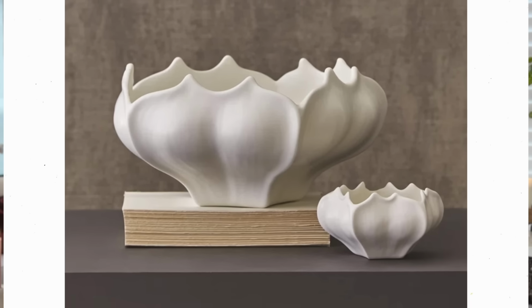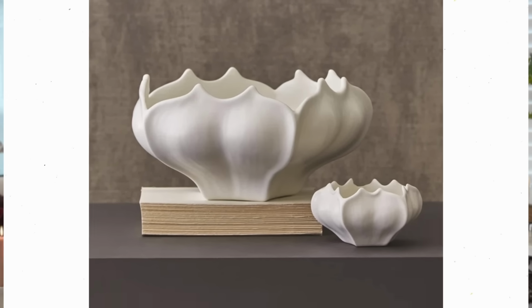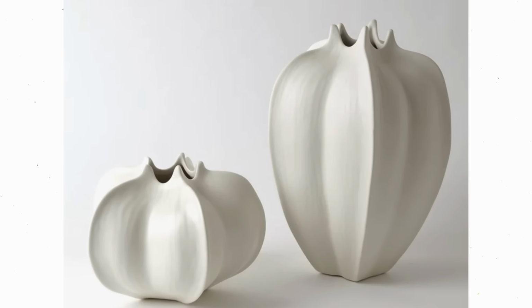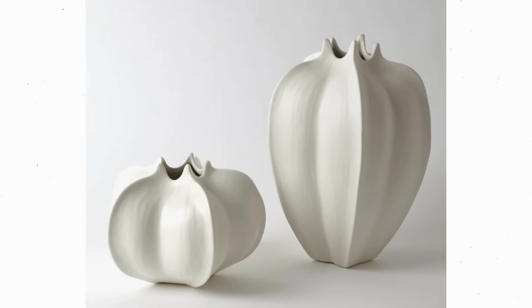I wasn't sure if I was going to keep this one, right? I wasn't sure until it actually came, and I took it out. I'm just now unwrapping it with you guys. And when I say I'm looking at this and she is breathtaking, the detail in this vase is just amazing. And she comes with, were there two or no? It's a separate purchase, but